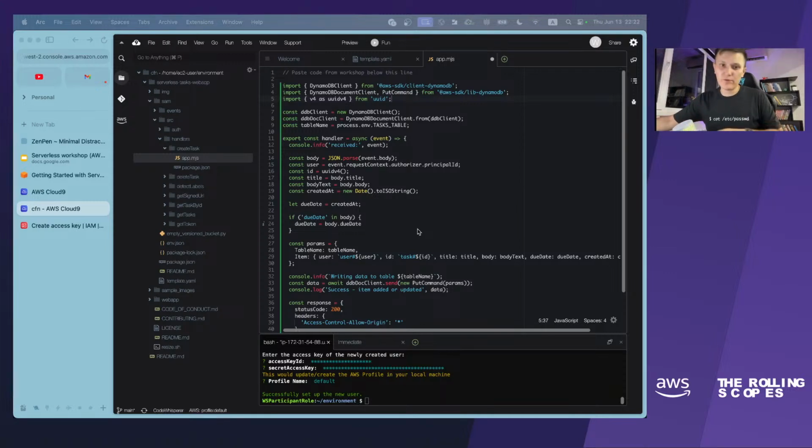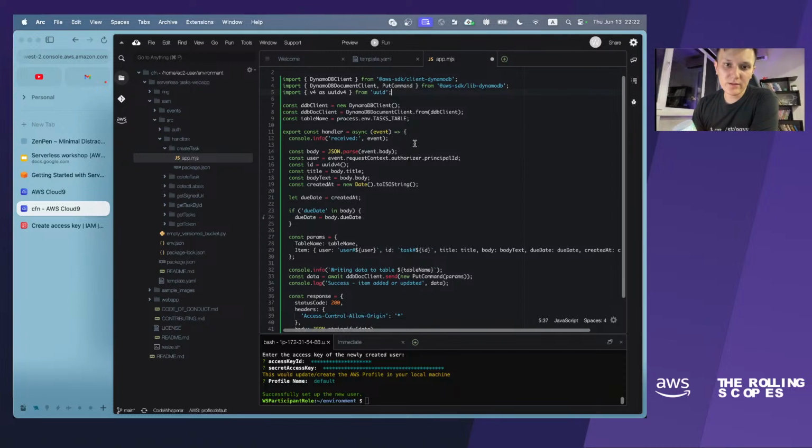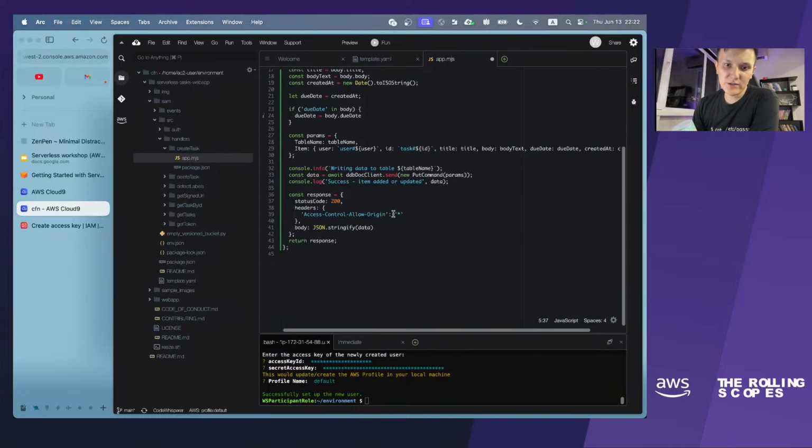So let's go through the Lambda code. Actually, it might be a bit strange to you. Okay, great. We just export some handler, and it is a synchronous function, and it has some code here.